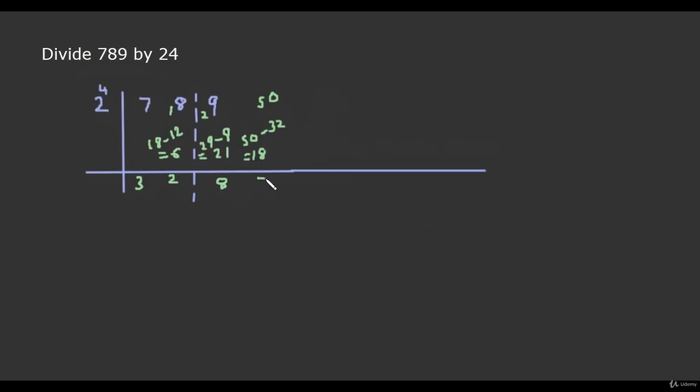If 2 divides 18 7 times, we get 14 and 4 is the remainder. From 40, we can subtract the product of 4 and 7, that is 28, and this gives us 12. Now 2 can divide 12 6 times, but in that case the remainder is 0. But from 0 we cannot subtract the product of 4 and 6, 24. So 2 cannot divide 12 6 times. So we will divide 12 5 times.